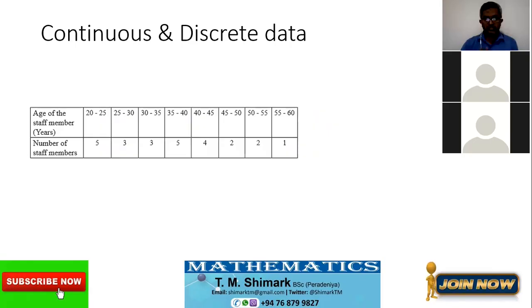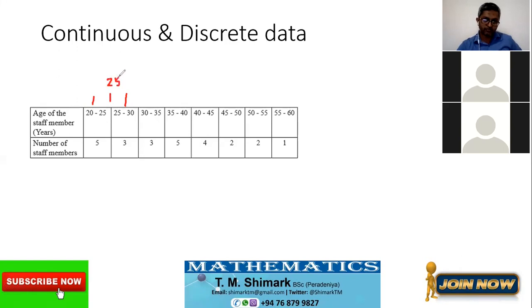There are two things we want to insist on here. One is continuous data and discrete data. If you take the age, it's something we call a continuous one. Here we have taken the age, 20 to 25, 25 to 30. But if someone is going to be like